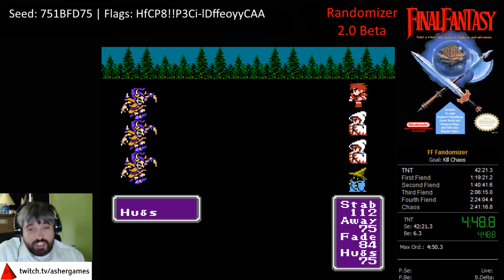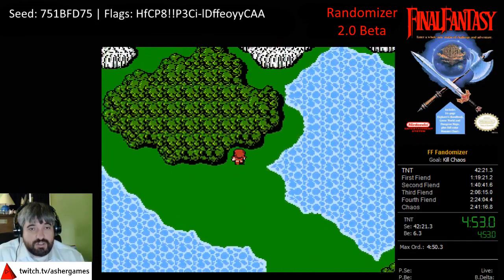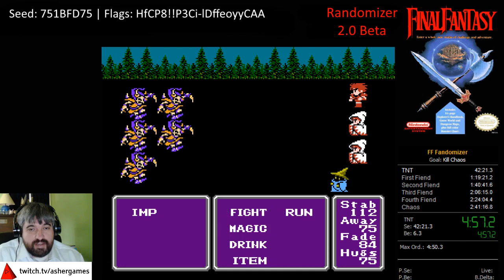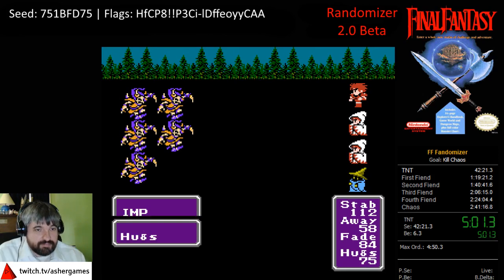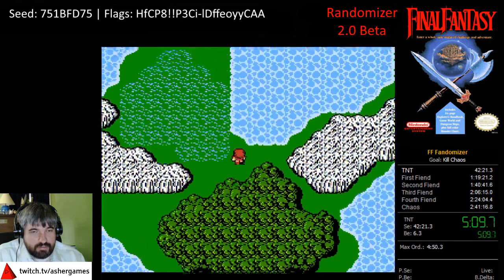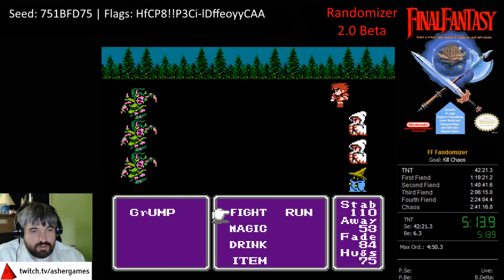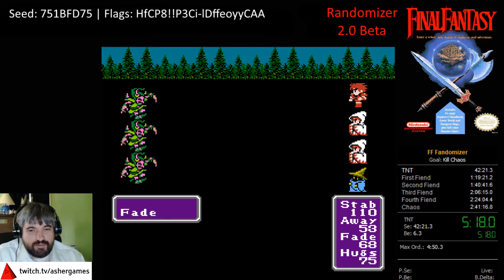Whereas last time, the ship was in one of those chests, and the ship is still not incentivized here. So, looks like the imps aren't super deadly this time, though. But we're not able to run. Cool. Grumps. We get to learn all the meme names for things now, so...